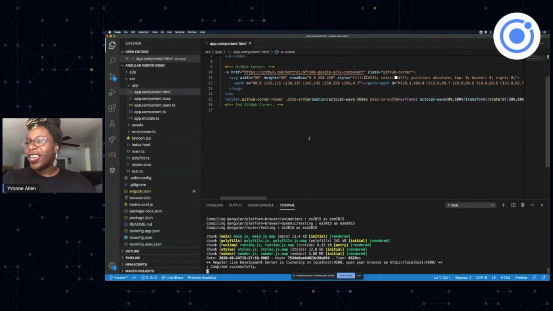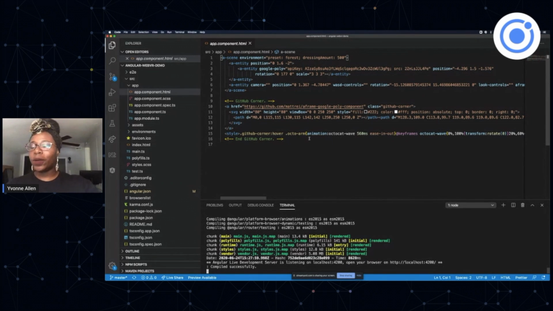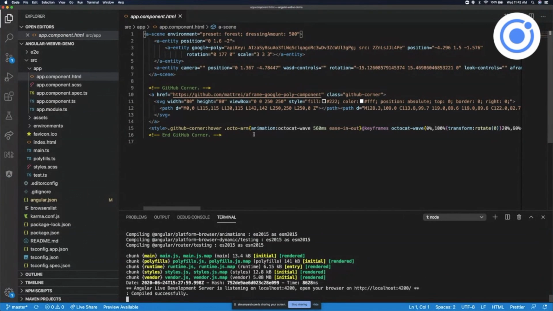But hey, once you create your Angular application, you can start using A-Frame immediately. So in order to do that, though,